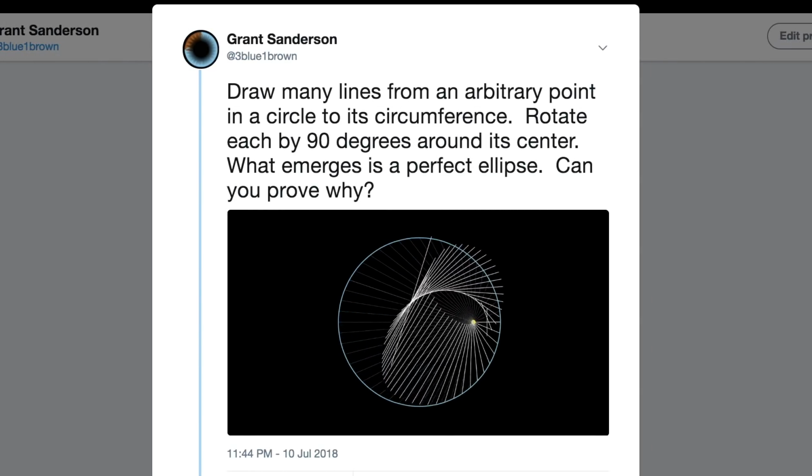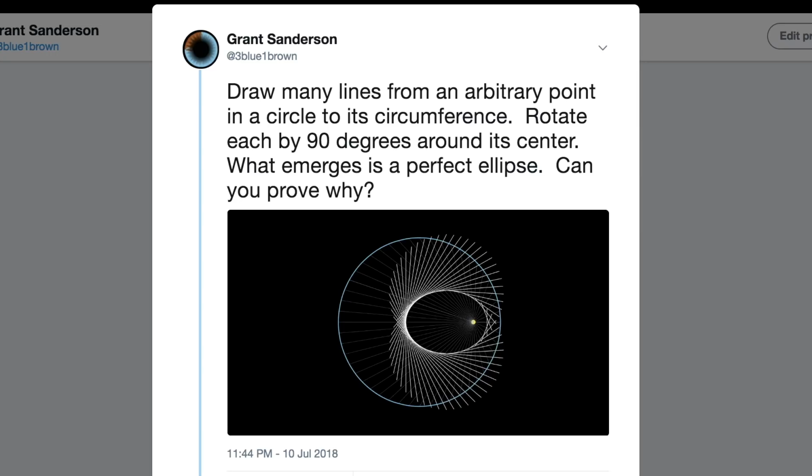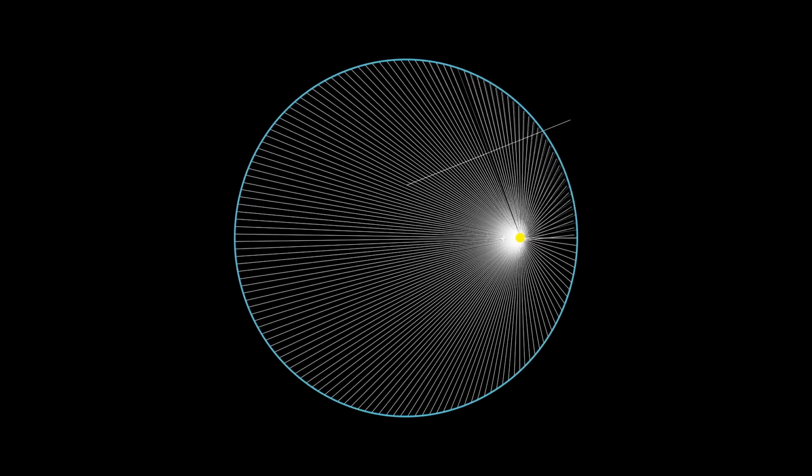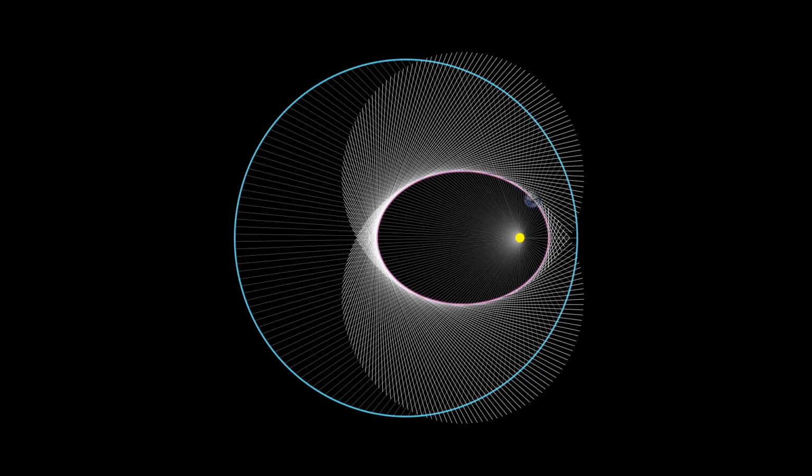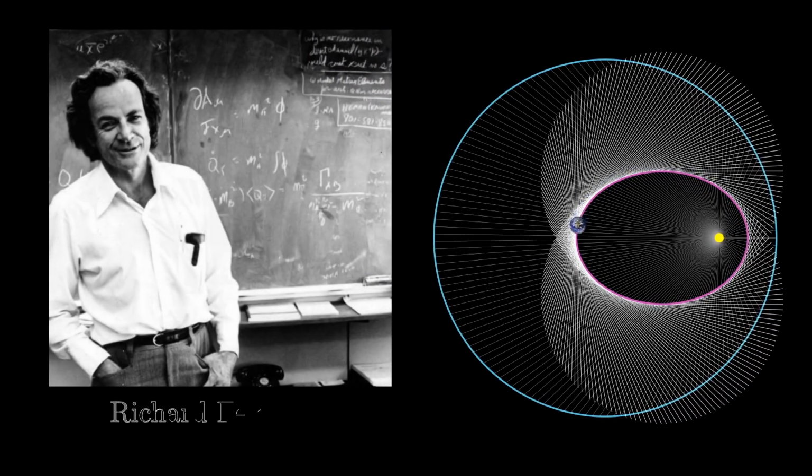A week ago, I put out a tweet showing a peculiar place where an ellipse arises, but what I didn't mention is that this arbitrary-seeming construction is actually highly relevant to a once-lost lecture by Richard Feynman on why planets orbit in ellipses. The construction itself starts by drawing a circle, and then choosing some point within that circle that's